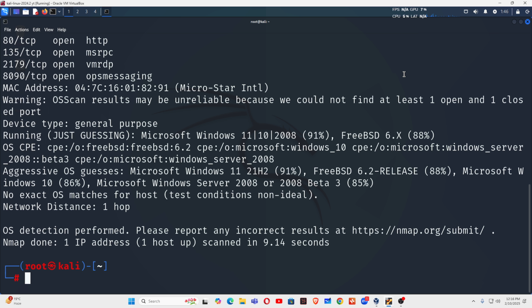Today in this tutorial, I am going to show you about vulnerability scanning. In this network security lab, we are going to learn how to detect known security vulnerabilities on a device when you only have the IP address of that machine. How will I find that?